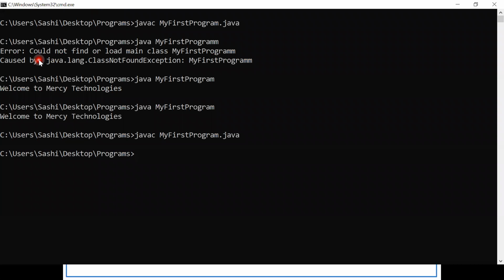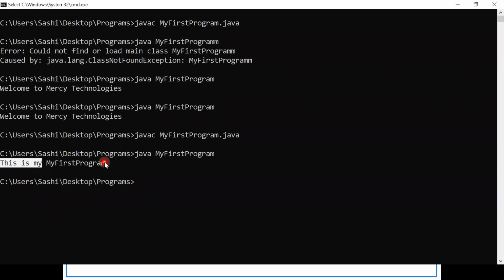It will create a new dot class file. Now run the program. Java my first program. See here, we are getting the recent output: this is my first program. It's very simple. So we have seen how to develop the first program, how to save it, compile it, and run it.